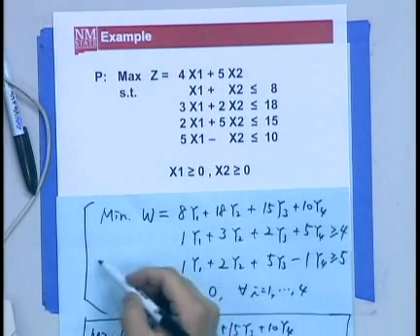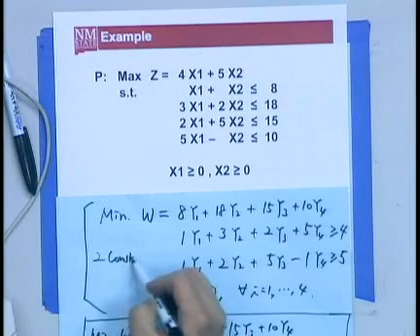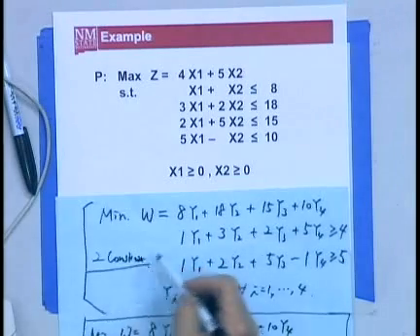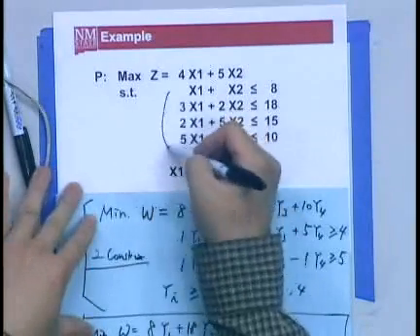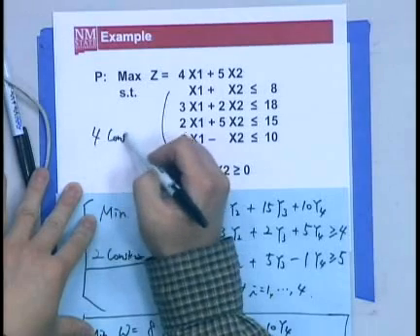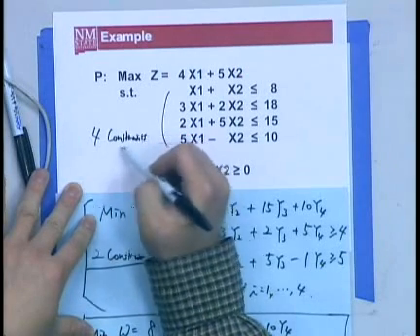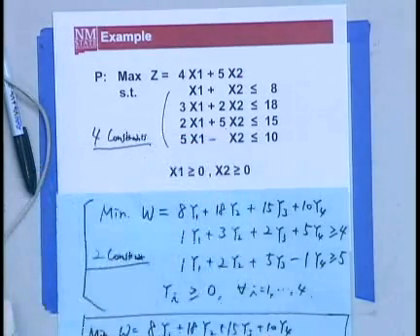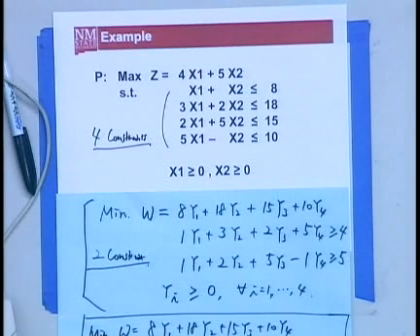It has only 2 constraints. But the primal problem has 4 constraints, right? So when you solve this problem by the simplex method, the dual problem requires fewer computations per iteration, especially if